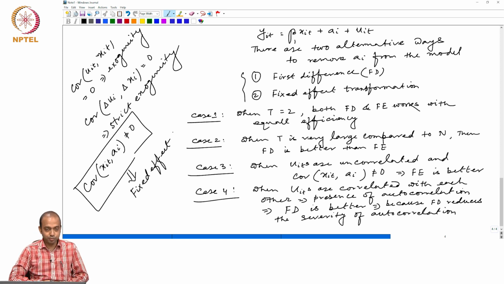If we remove AI, there is a problem, because it is not correlated and you are going for that fixed effect transformation. That will call for inefficiency in the model estimates. If you do not remove AI, then what will happen? It will be there sitting in UIT, and obviously that UIT will be correlated with other period UITs. So, it will call for autocorrelation. That means the solution we talked about so far is not applicable in that context when this is actually 0. We need to discuss a different type of panel data model, which is called the random effect panel data model, that we will discuss in our next class. Thank you.